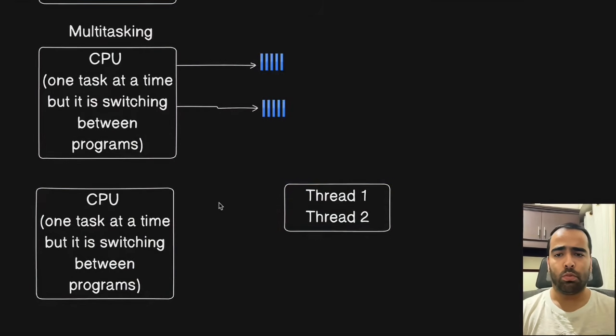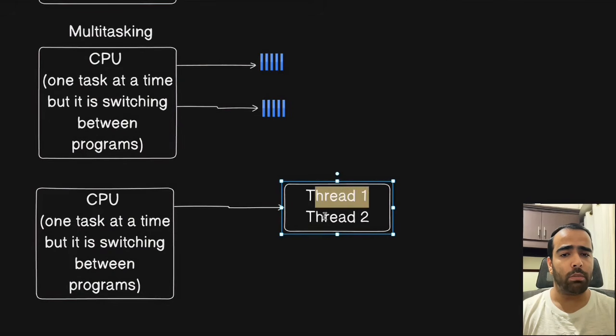The CPU will run this application, but if there are two threads inside it, the CPU will first run thread 1 and then switch to thread 2. The switching between threads happens in the same way as in multitasking, switching between applications. The only difference is that now, within the same application, multiple threads can be written by the developer, so that the CPU will execute the threads one by one or switch between threads so that the work can get